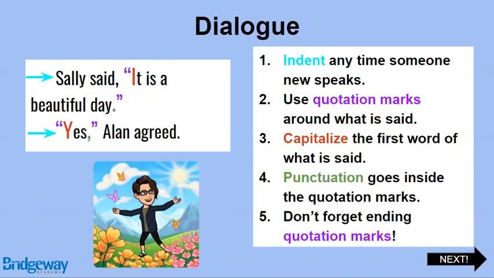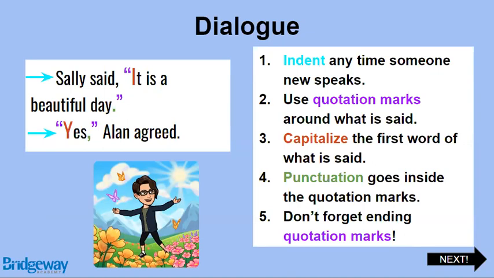All right, so first thing we've got to go over, and this is color-coded, I'm sorry for my colorblind folks, but it tells you just the basic formatting when it comes to dialogue. So this is something definitely in a revision, if you did include dialogue, making sure you're following these rules, where every time somebody new speaks, it should be indented. Those are those arrows pointing in blue there, right? So every time it should be its own paragraph. That's why when you read a book, when you see dialogue, it tends to take up a lot of space, but it allows us to see it like a back and forth text message in a way, right?